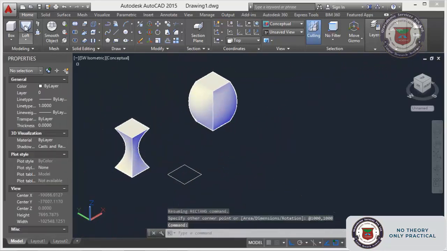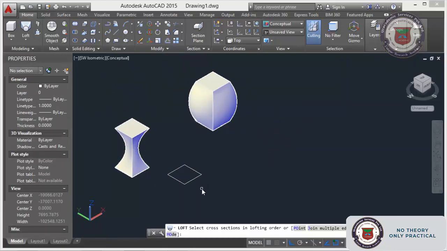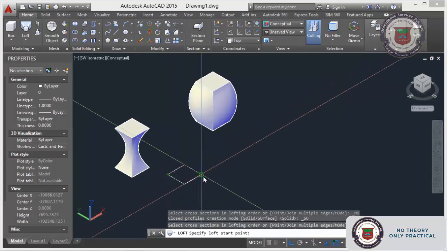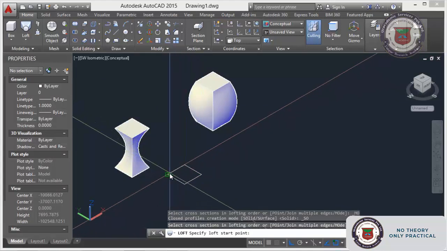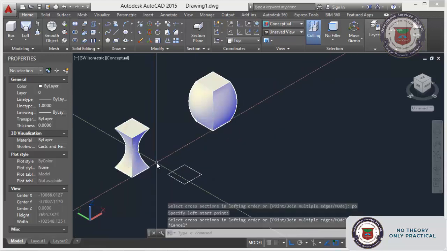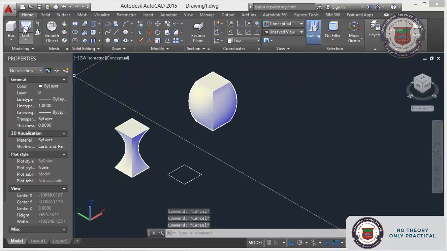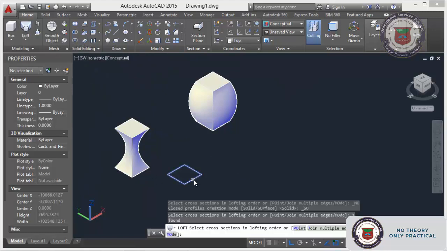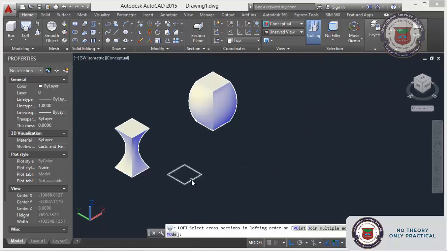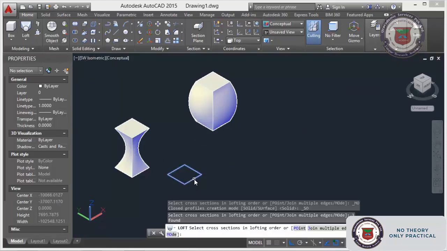Just click loft, select point, enter, specify. Just enter loft, enter, and again give point.